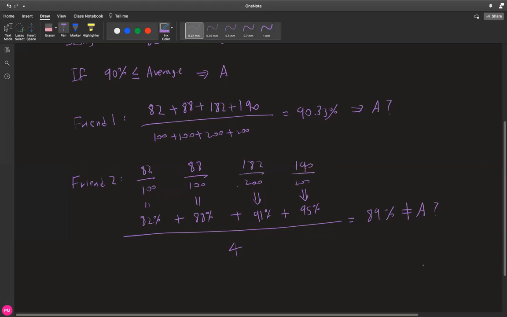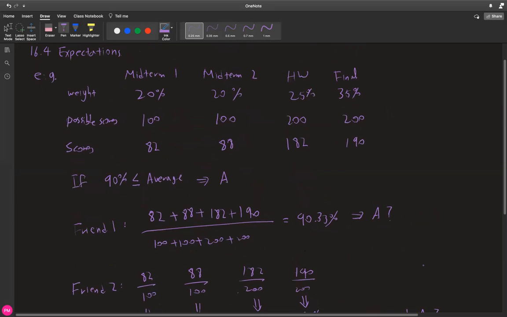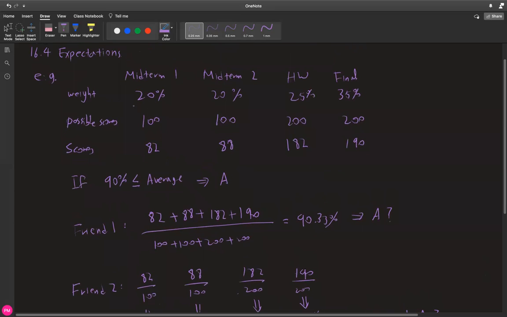Receiving, let's say, 80% in midterm 1 is not going to be the same as receiving 80% in the final. It's not going to be the same weight towards the total grade. So how do you actually do that? Because you have to consider this weight.